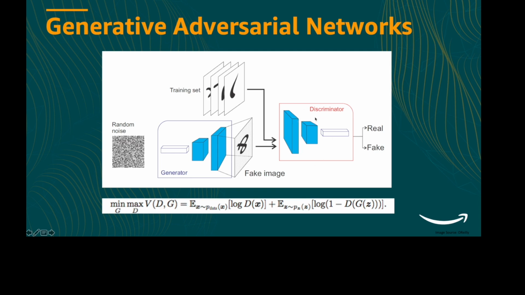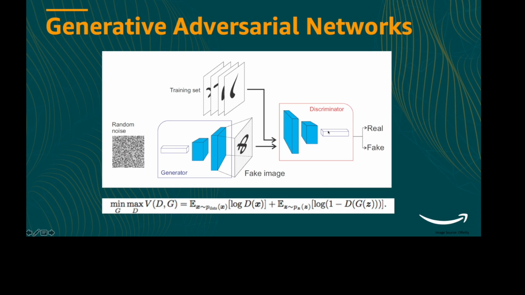Now that's a case when the discriminator is good. A good generator is the one which generates an image which, when passed to the discriminator, the discriminator won't be able to tell it's a fake image. The image generated by a good generator looks so close to a real image that the discriminator is fooled. So the objective of the generator is to fool the discriminator.